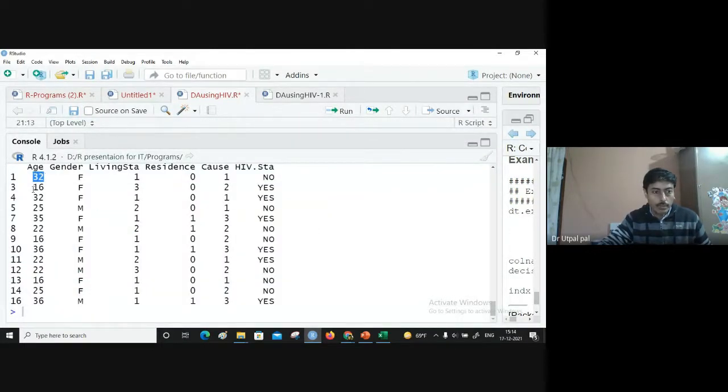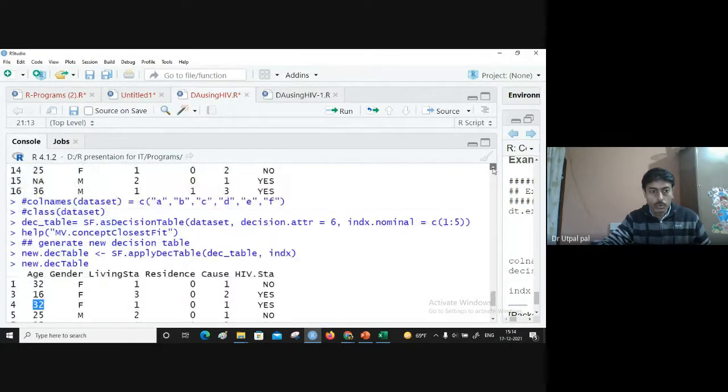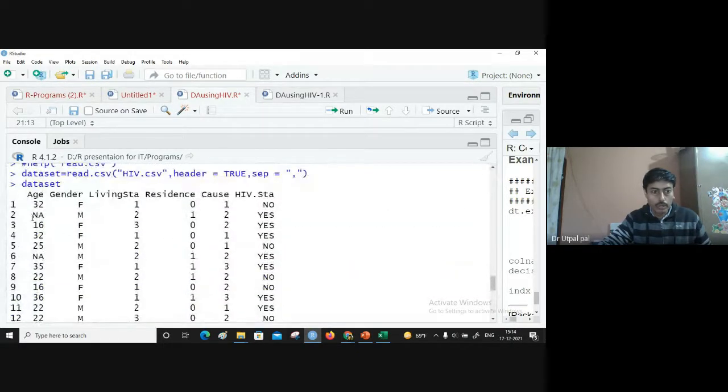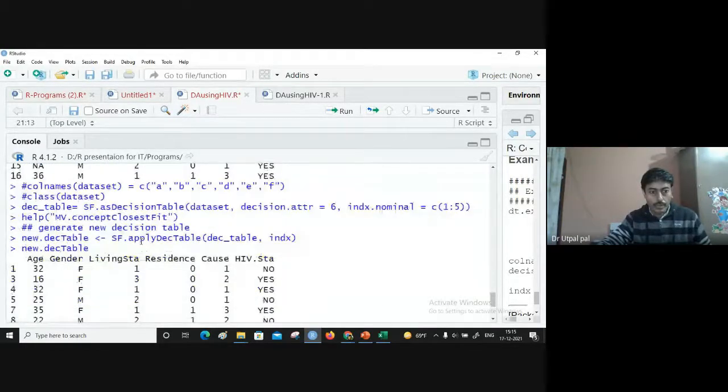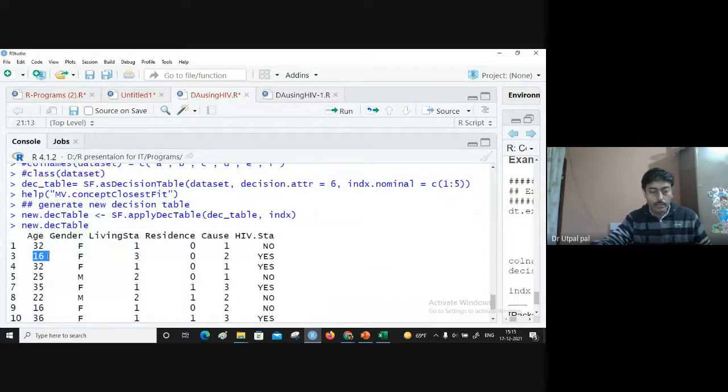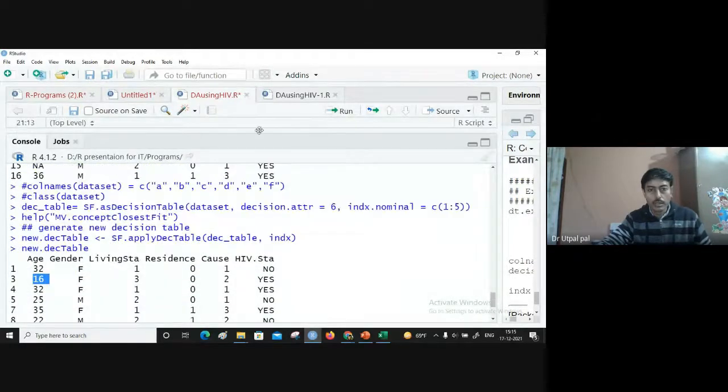Earlier we had some NA values, meaning not available. Let me show. See, here we have one NA. Before missing value completion, when we scanned the raw data set, we had NA values here, meaning missing values. But see here, we don't have NA values. The missing values are filled now.